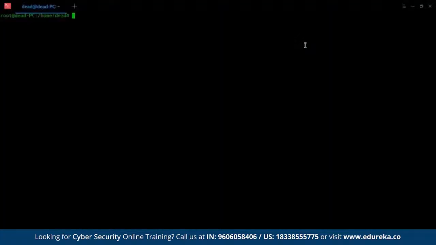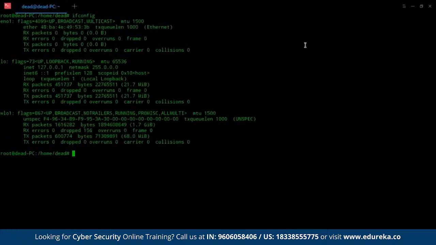Okay, so now you can go into a terminal and type ifconfig to look at your network card name. As you guys can see out here, it's called wlo1. So the first step that we need to do to go into the process of Wi-Fi cracking is set up our network card, or our access point, into monitor mode. As you can see, after typing ifconfig, it shows me that my Wi-Fi card is the wlo1 interface.